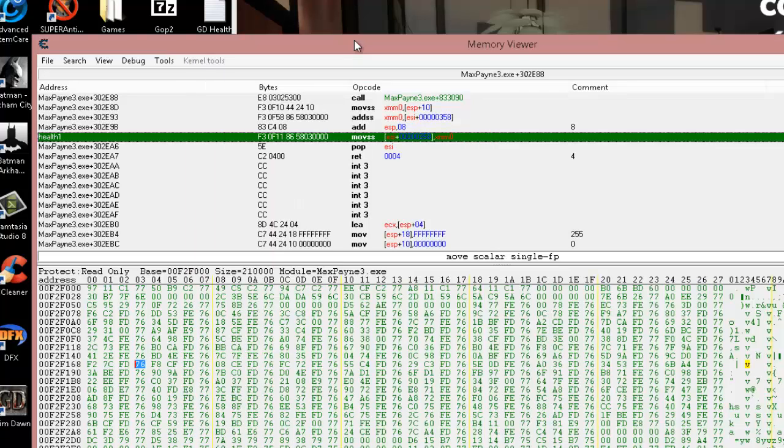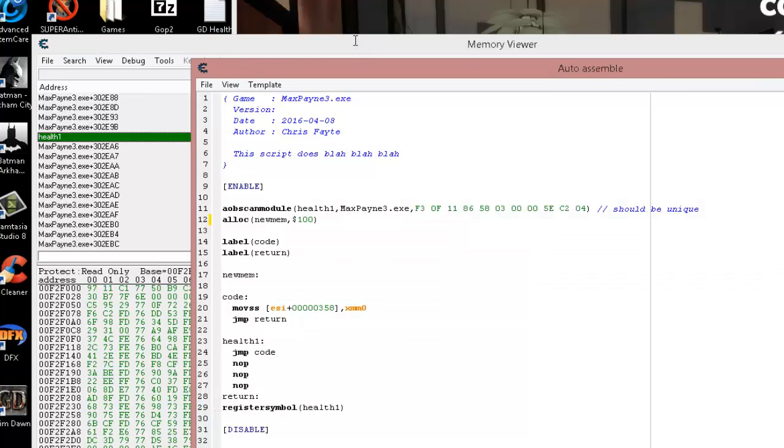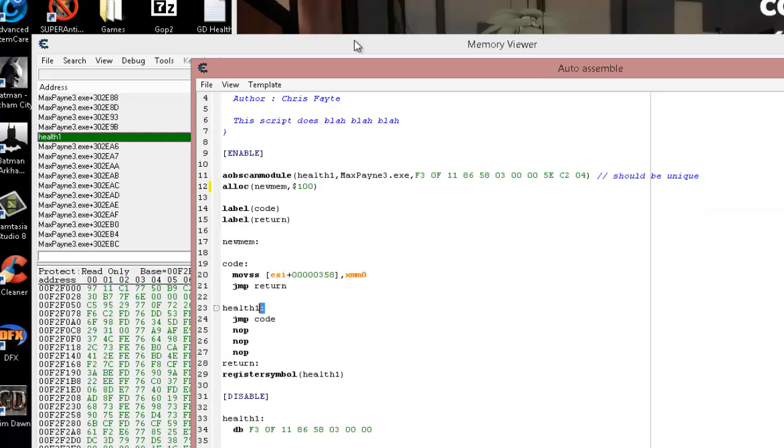In memory, and that memory is down here. It's going to find that array of bytes and start there in memory, and call that place in memory health 1. It's looking for this particular module and it's going to rename it health 1. First thing it wants to know is what it needs to do, so it's going to jump to health 1. It's going to see that we labeled it to jump to code, so it's automatically going to jump